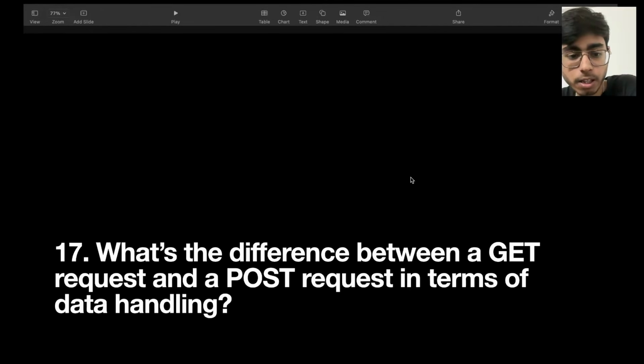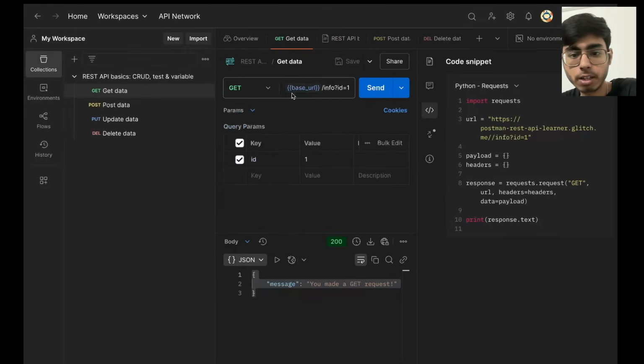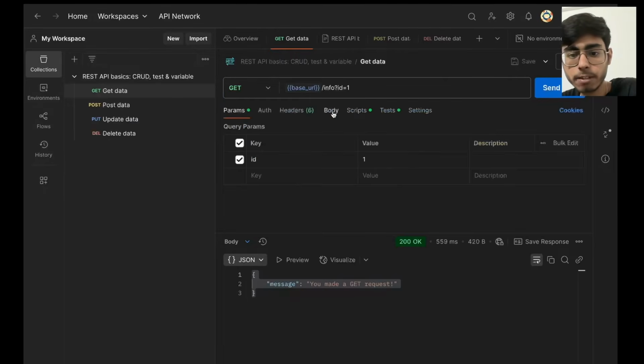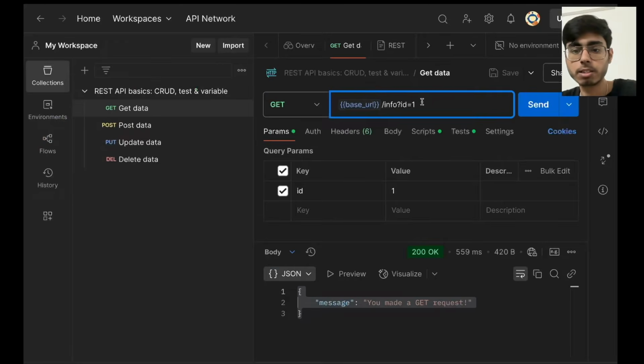What's the difference between a GET request and a POST request in terms of data handling? Very simple. We have already seen this is the GET call. In the GET call, you do not pass any body, right? You can only pass some parameters. So over here, you can see this is a parameter that I'm passing. This is a query parameter because I've given a name to this parameter, ID. I can also write organization name, let's say 67 is the organization ID. And after that, some other thing, let's say the slug for a blog is like AI evaluation, something like this. So these are my parameters, and this is a query parameter. Okay, this is how you write a GET call.